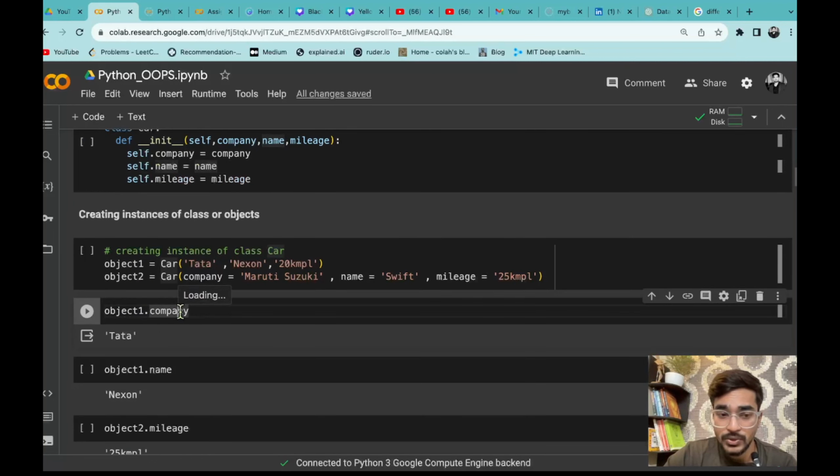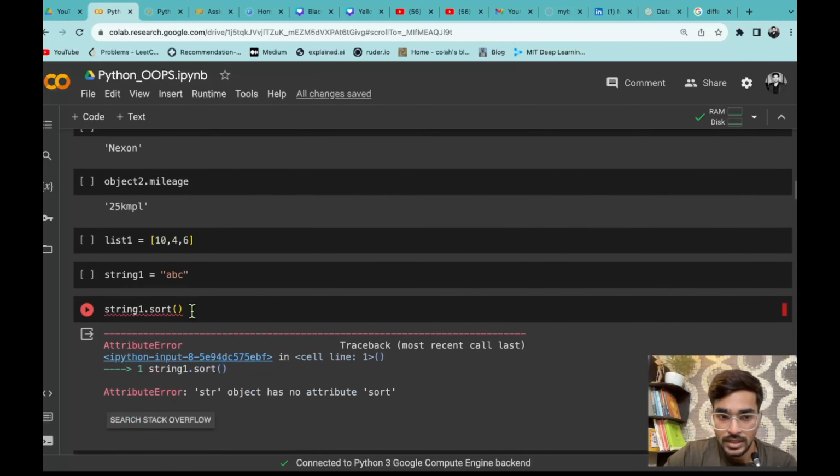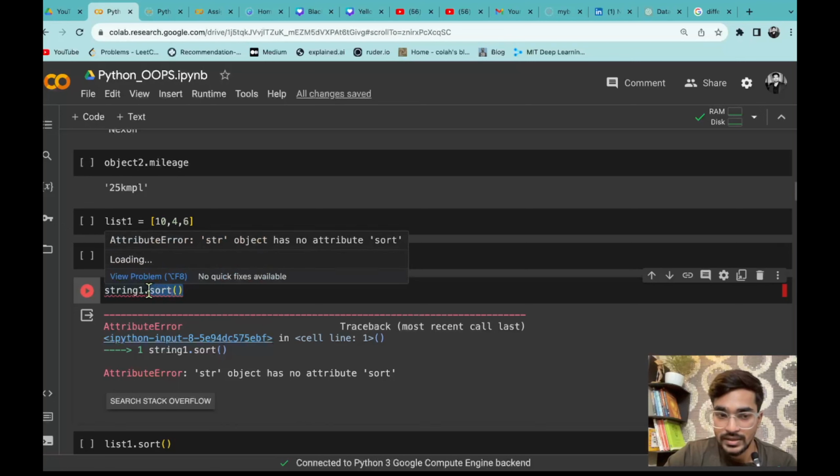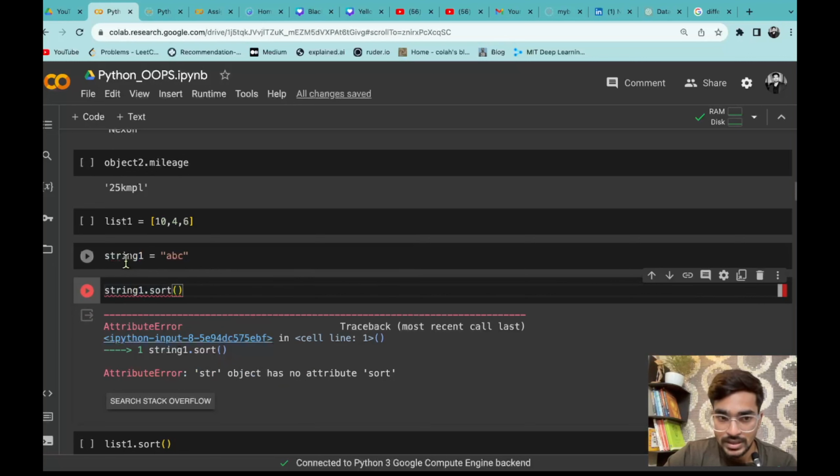Otherwise you won't be able to apply those attributes on objects created from a different class. For example, we saw that with two things, list and string: if you apply the dot sort method on a string, it will give an error that there is no such attribute belonging to the string object. How did you create the string object? string 1 is equal to abc. This is one object that you have created and it belongs to the string class.